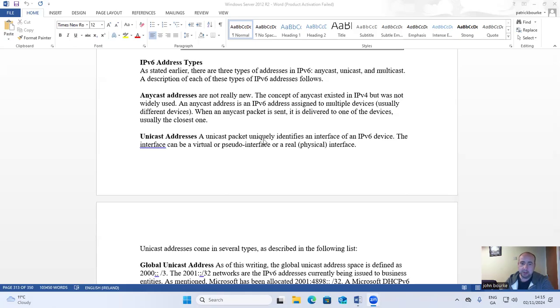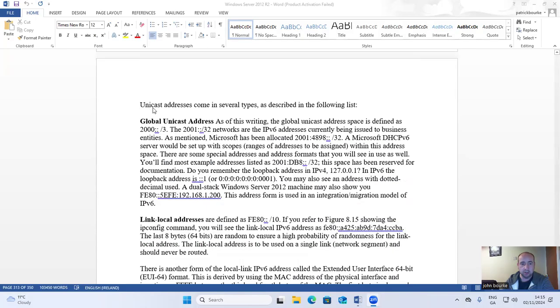A unicast packet uniquely identifies an interface of an IPv6 device. The interface can be a virtual or a pseudo interface or a real physical interface. Unique addresses come in several types, as described in the following list. Global unicast address. As of this writing, a global unicast address space is defined as